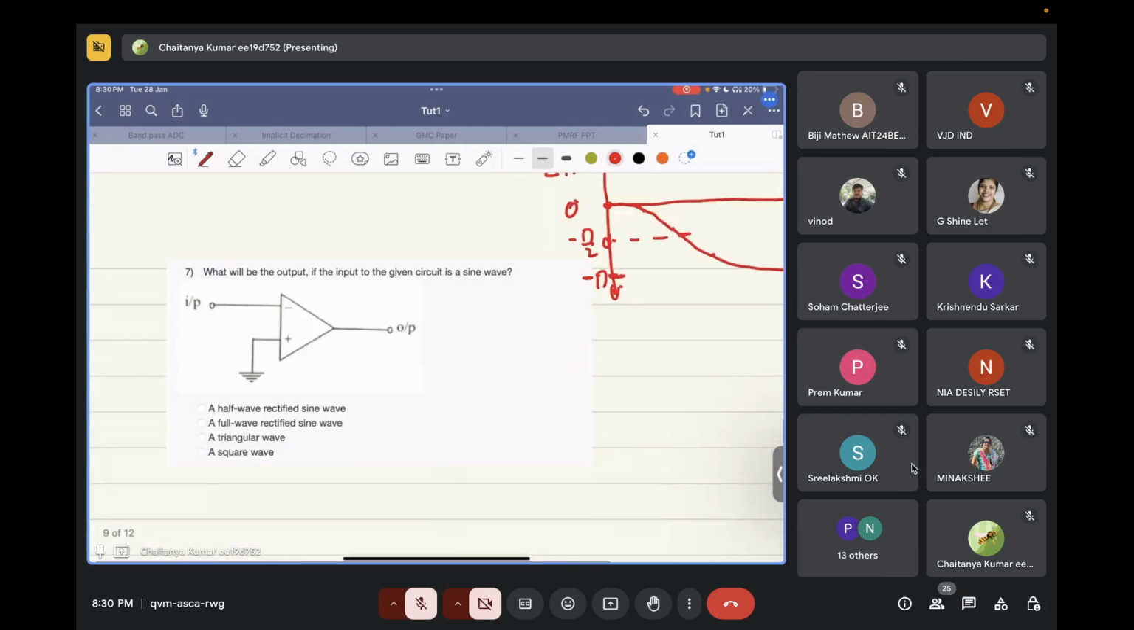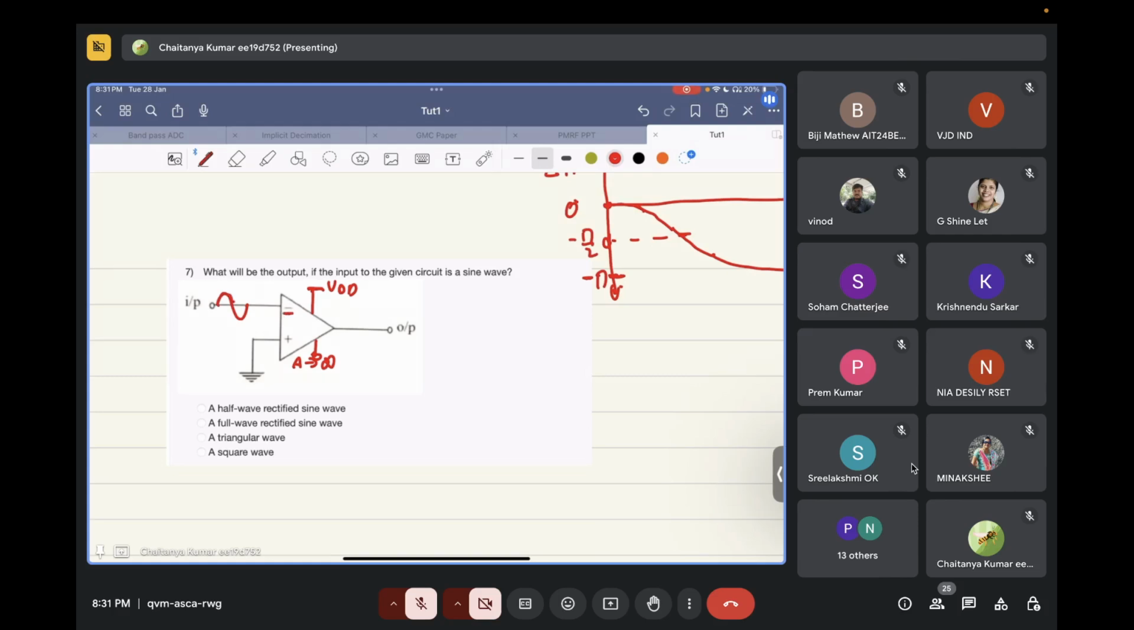Now, the seventh question that we have is, what will be the output if the input to the given circuit is a sine wave? Let's say the op amp's gain is infinity and it has a power supply of VDD and ground. So if the input is a sine wave, what will your output look like? Square wave, correct? Why? Because